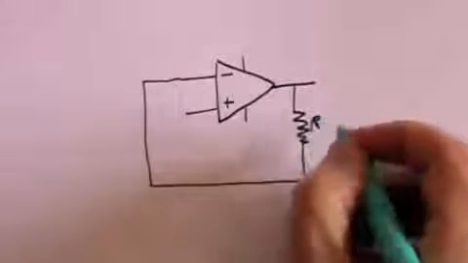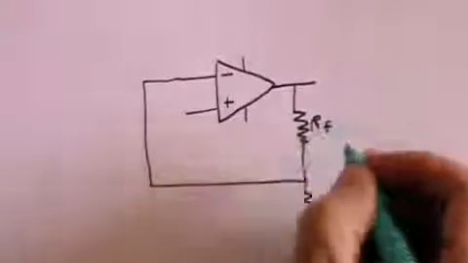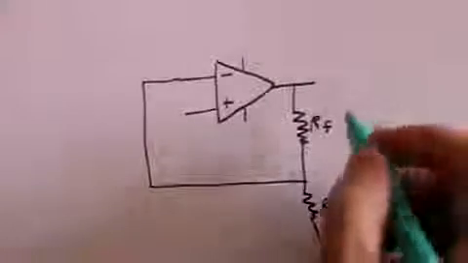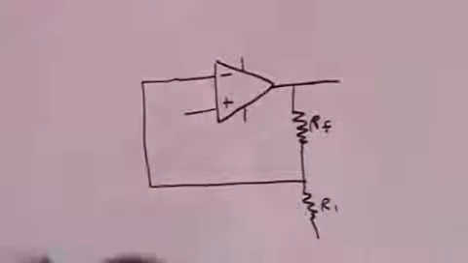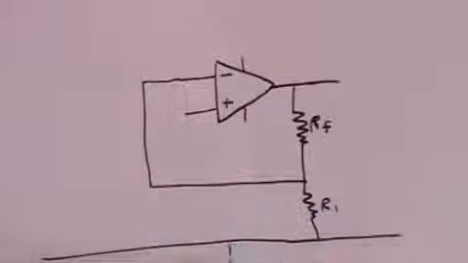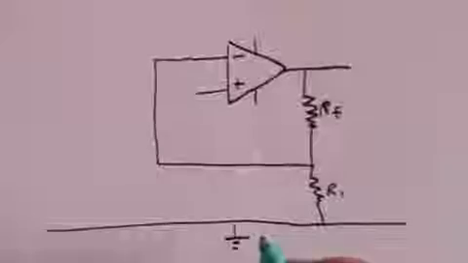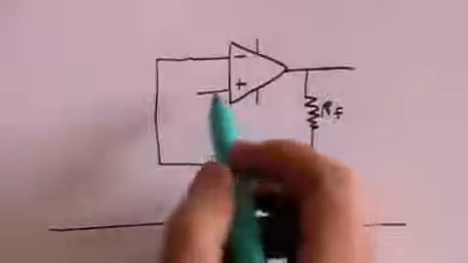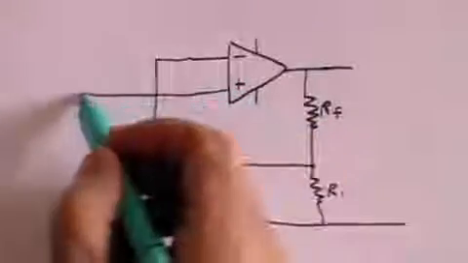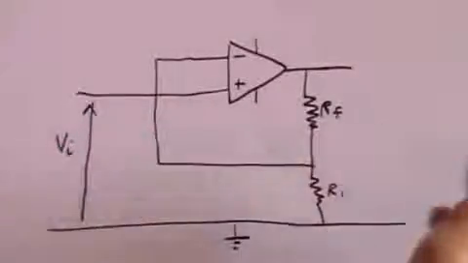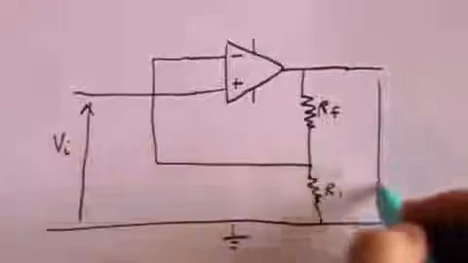We'll call this RF and we'll call this R1. This is the earth. Then here this is the input voltage, that's V in, and this is the output voltage,